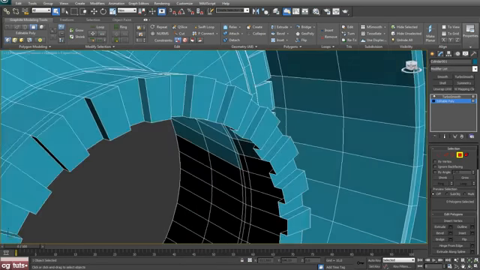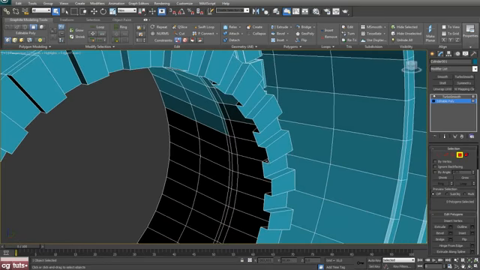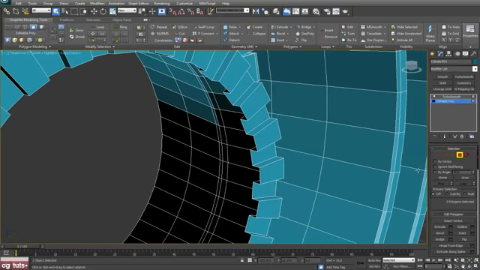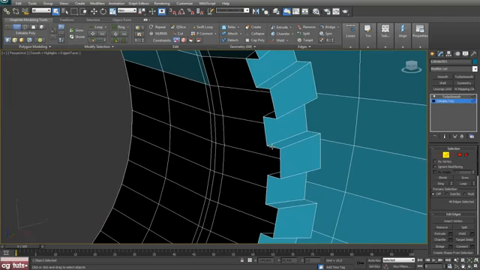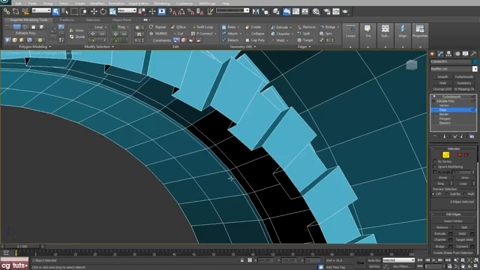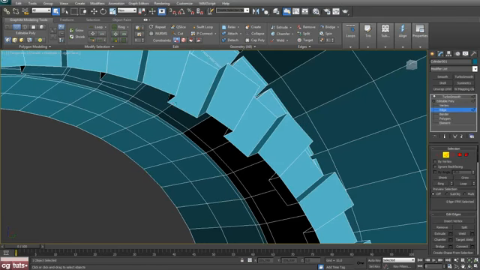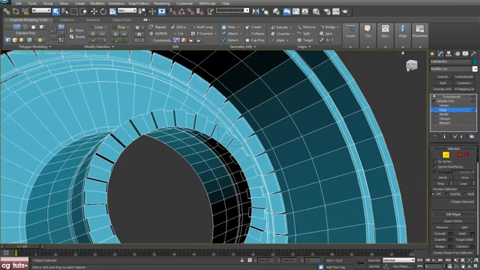And I will pause the video now. I will delete these inner polygons, and next what I will do is I will bridge these edges. So as you can see, I'm almost done. Bridge these two edges and bridge. Okay,